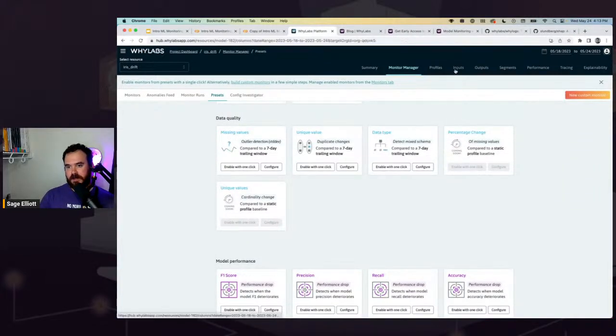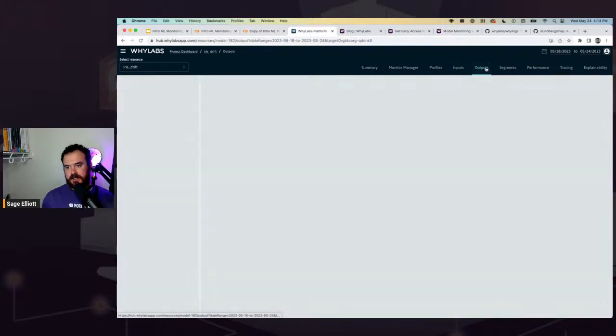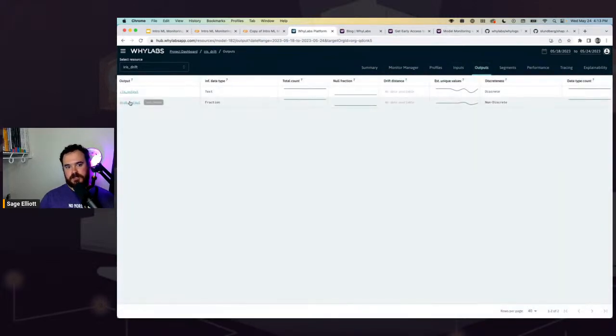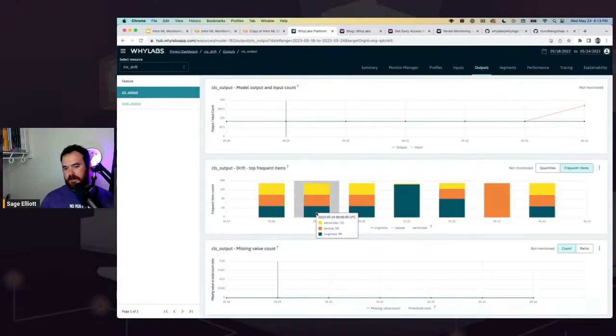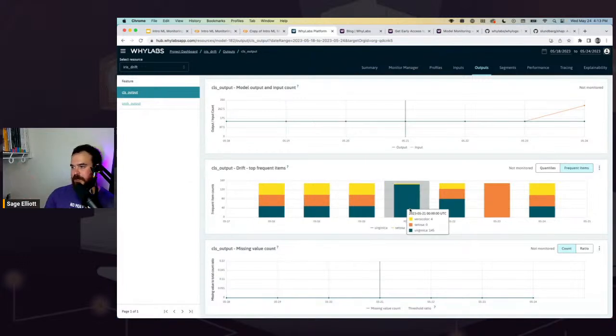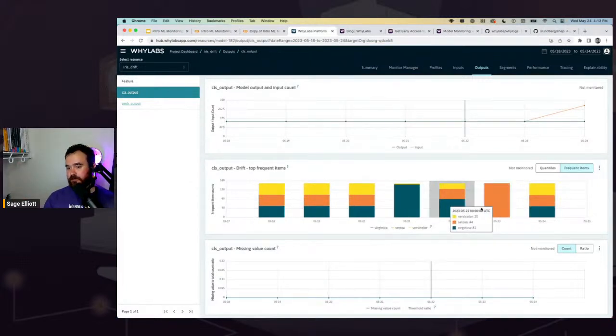So in this case, we were just looking at input data, seeing if it drifted. You could set the similar thing up for your output value and actually set up a monitor on something like these classes, for instance. We could say, well, these distributions are very similar. Whoa, this one looks way different. This one looks pretty different. These all three look pretty different. And you could also get an alert set up that way as well.